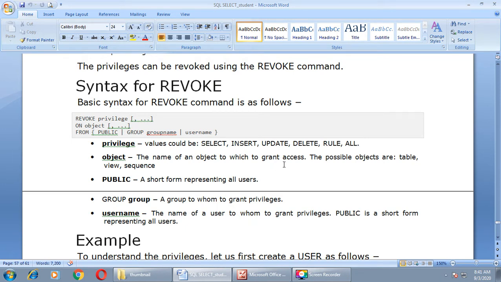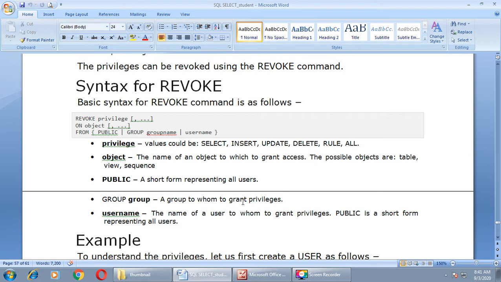The possible objects are table, view, or sequence. Public, a short form representing all users. If you want to take back all the granted permissions from all persons, at that time you can use the public keyword. Then if you want to take all the permissions back from a particular group, you can use the group keyword with the group name instead of public.